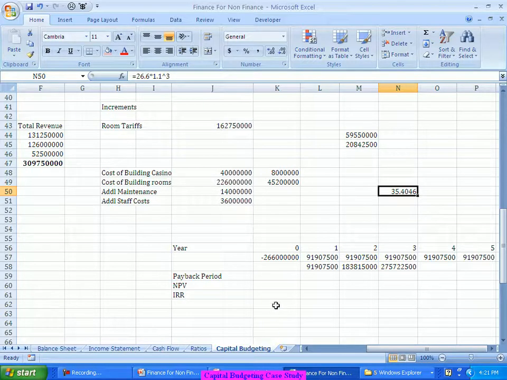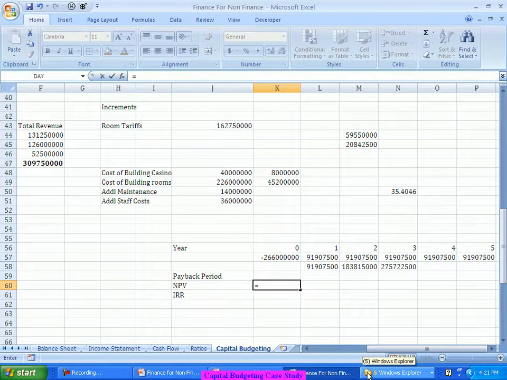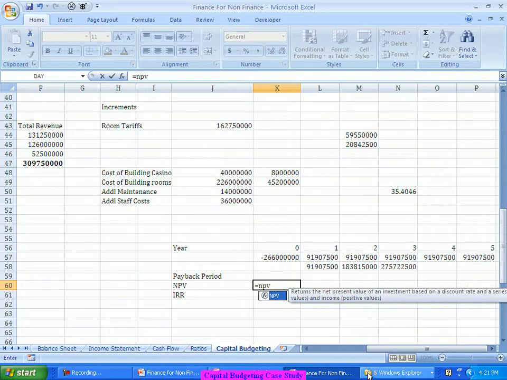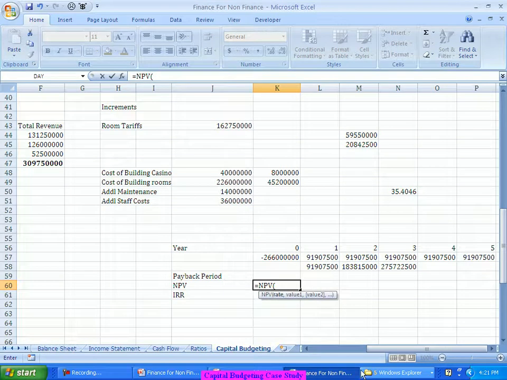Now here let's say we are expecting 15% return every year out of this kind of investment which we are making. Let's say I want a 15% return. So probably the simple way in an NPV is there is an Excel formula called NPV, which will take what is the interest rate you want and what are all the future benefits you are getting.